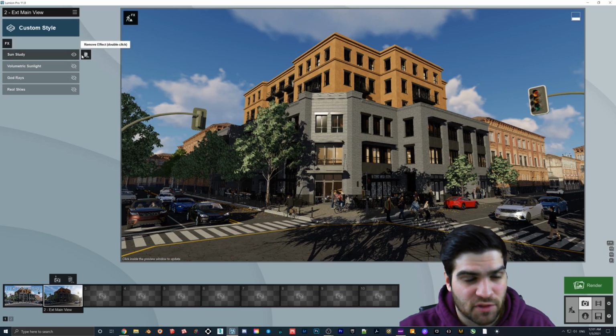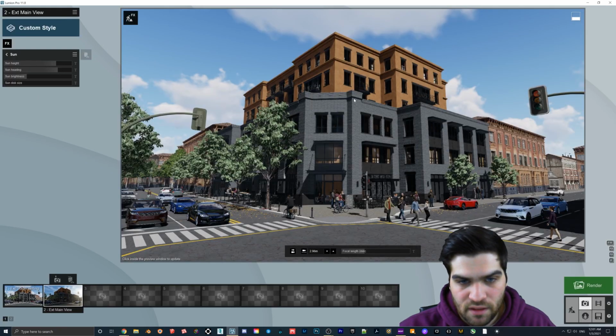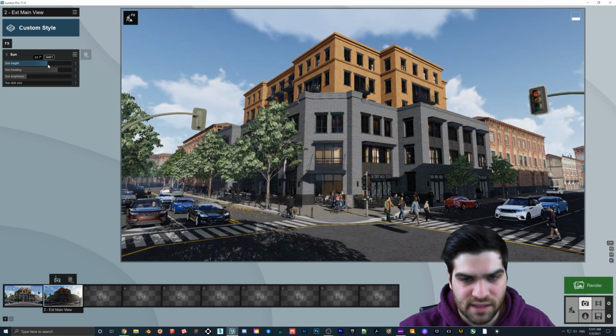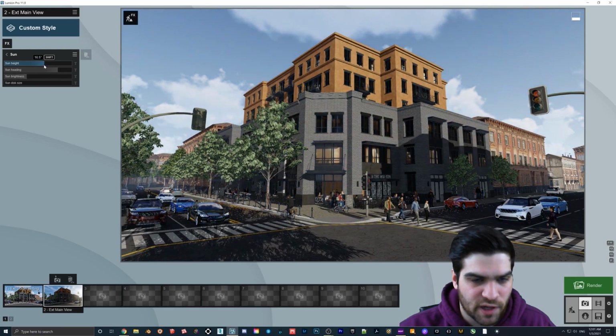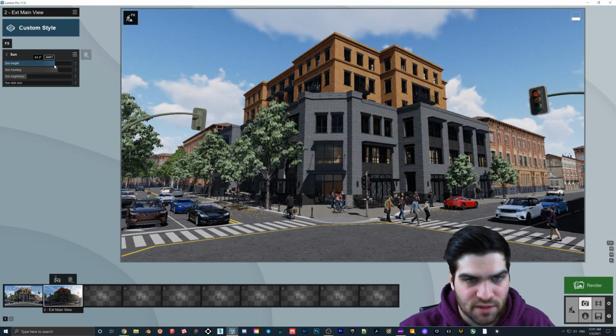But I didn't bother doing one for Sun Study because there's too many variables, and you kind of get the point just by watching that. So I will get rid of that one. And I guess for good measure, I'll just pull the sun in here. This is kind of the outdated sun in Lumion. You can still use it, and this is what you can animate to make it like a